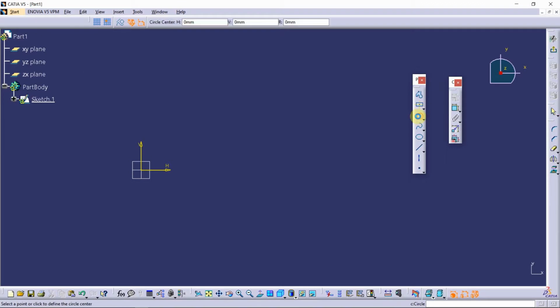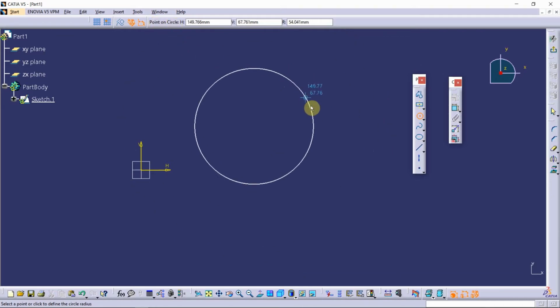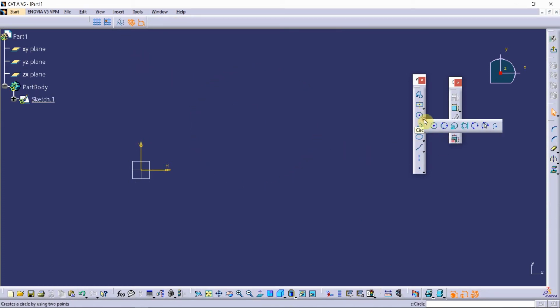Below the rectangle you can see circle. I'm going to select it, and you can see here it wants me to select circle center. I'll click once and you can see it asks me to select point on circle. In that way you can create circles. In the drop down in the circles menu, there are different options. You can try them yourself. There is center circle, there is 3-point circle, circle using coordinates, tangent circle, and these three things are arcs.